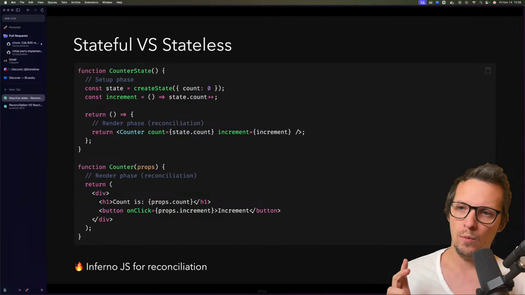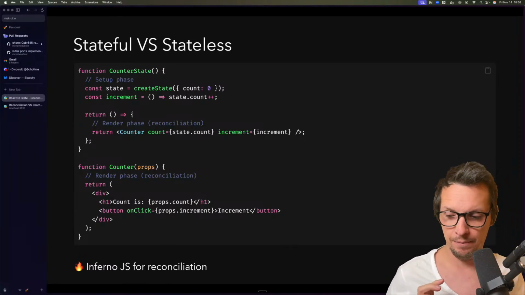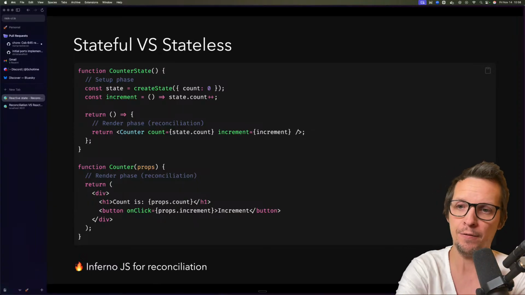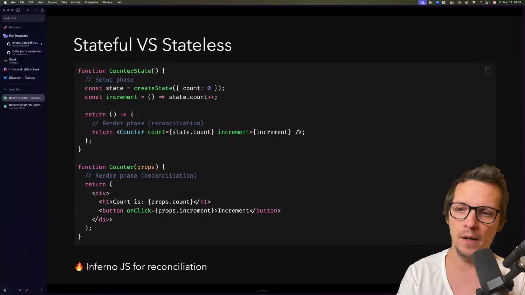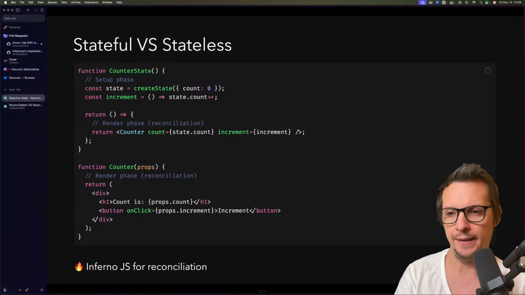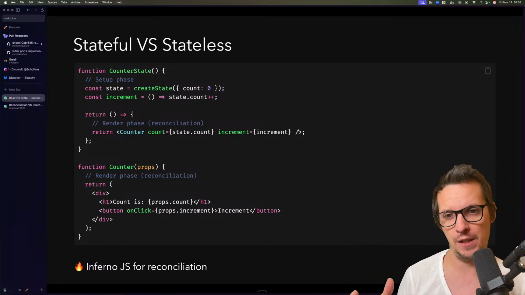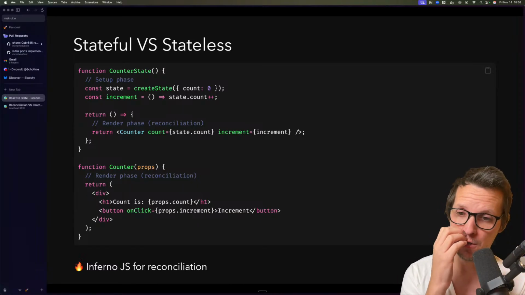So what we can do here is still have a concept of stateful and stateless components. The only thing that differentiates them is if you return a function or not. If you have a component where you return a function that describes the UI, that becomes a stateful function, where the function body itself is the setup phase and the return function is the reconciling UI. Or if you don't return a function,